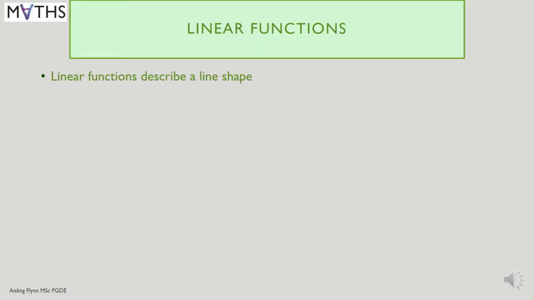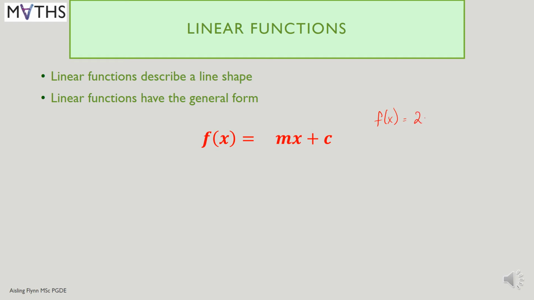Linear functions describe a line shape when you put them on a graph. Linear functions have the general form f of x is equal to mx plus c. If you remember from the previous slides, the first function we had was 2x plus 1, and the second one we had was 5 minus 2x, but you could rearrange that to say